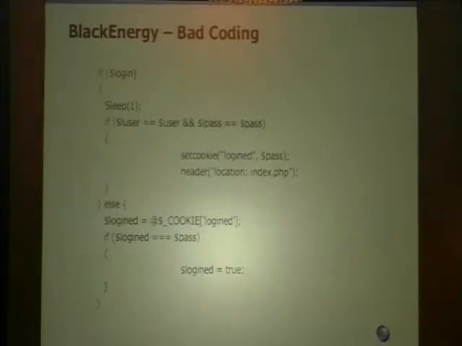So normally we don't necessarily reveal flaws, but given that it's OWASP and the community, we thought we might share this interesting one. This is right out of the BlackEnergy 1.8 code, one of the later models. I'm not going to make you stare at the screen for a long time to find out what the problem is, but there is a little flaw in here. If you see the little variable "logend", I guess that's supposed to be "logged in", not the best English in the world. Basically, it sets that variable to whatever is in your cookie, and only if the cookie matches the password, it will set login to true. Well, you can just start off and set a cookie and have the value equal true, which pretty much bypasses the whole authentication mechanism to the botnet.